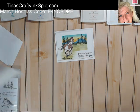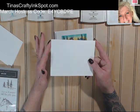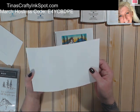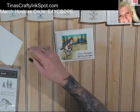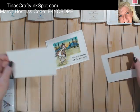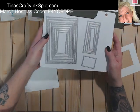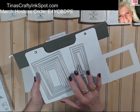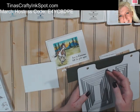You are going to start with just a regular A2 card base. It's 5.5 by 8.5 folded at 4 1/4. We're just going to keep that aside for our base. For the second layer, I did two things. I took my stitched rectangle dies, which I can't live without. Absolutely love them. I use them for everything. And I took my number 2 die